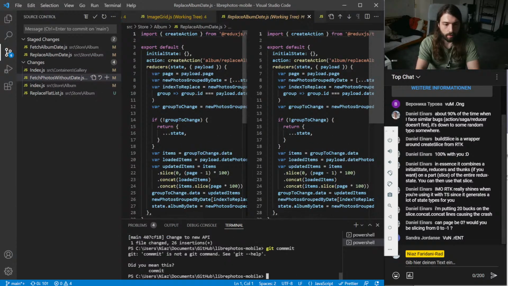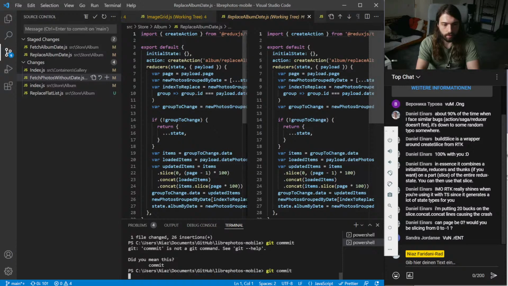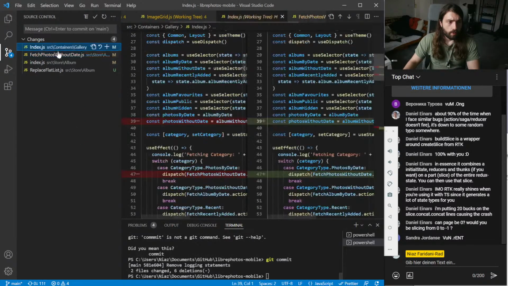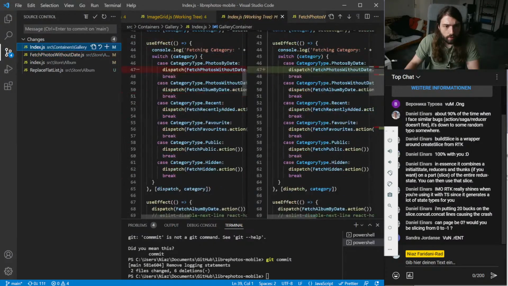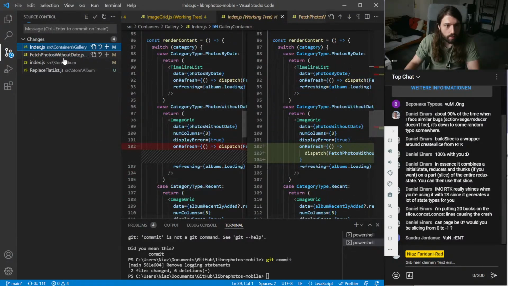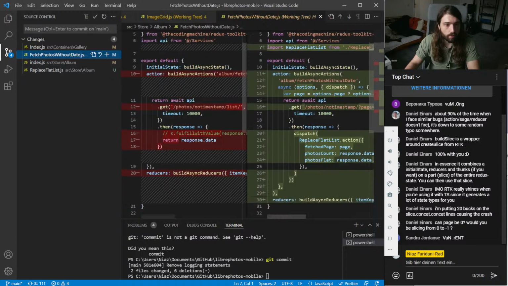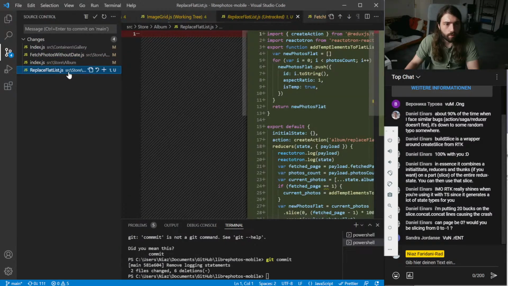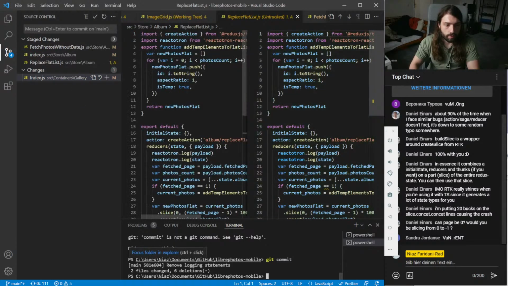Git commit, remove logging statements. And this is all new stuff. Stage changes.